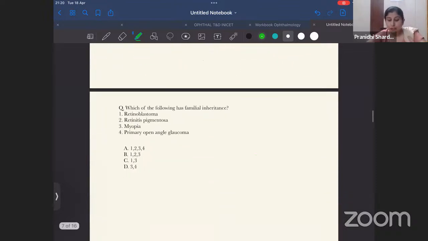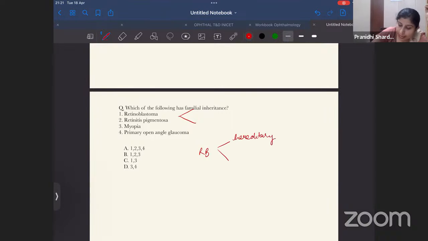Okay. So the next question is, which of the following has familial inheritance? Now we know that retinoblastoma, we study it as a high yield topic. Retinoblastoma is always discussed in much detail, and the start of retinoblastoma is always with the topic that it has a familial inheritance. It is both hereditary as well as non-hereditary. Although non-hereditary causes are more, 60%, and hereditary are only 40%, familial inheritance is seen in